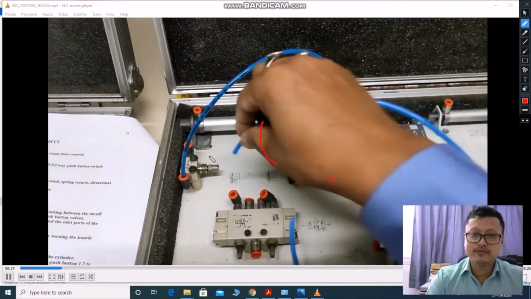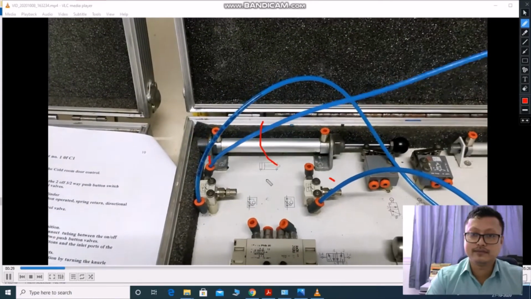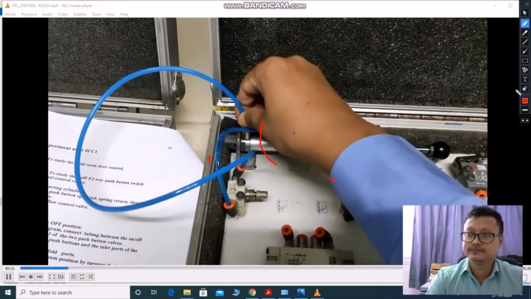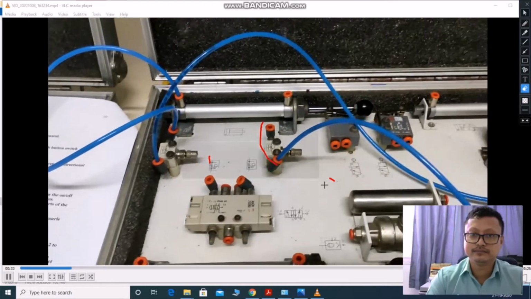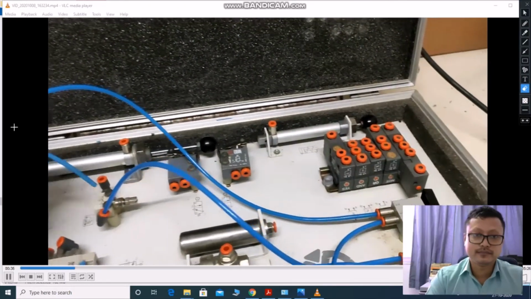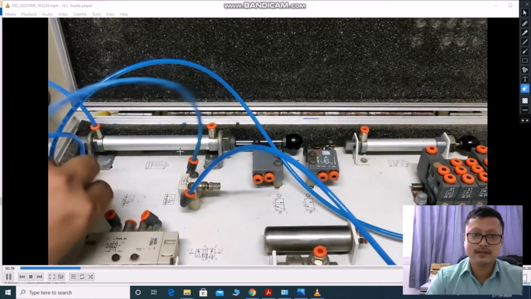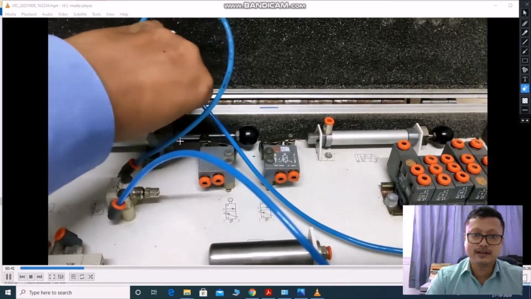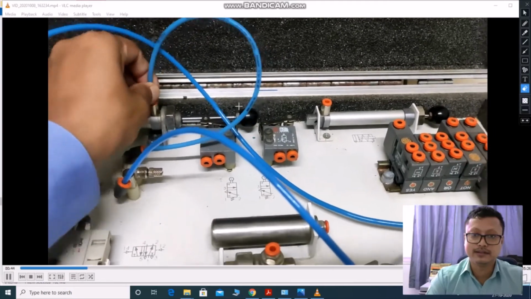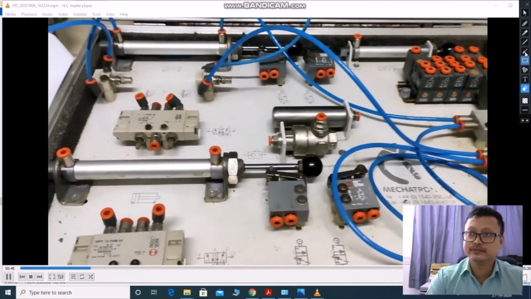Two flow control valves in total we are going to connect. Then the output of this flow control valve we connect to this double acting cylinder.